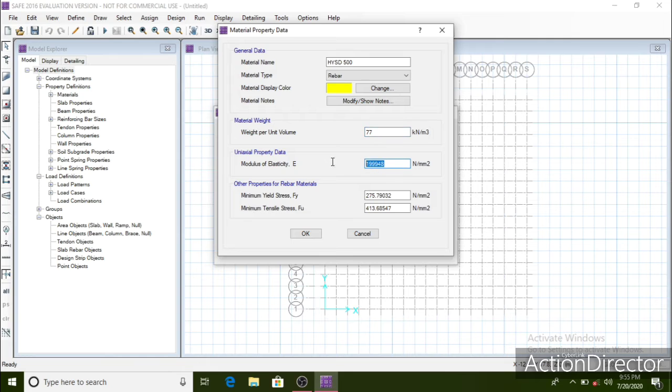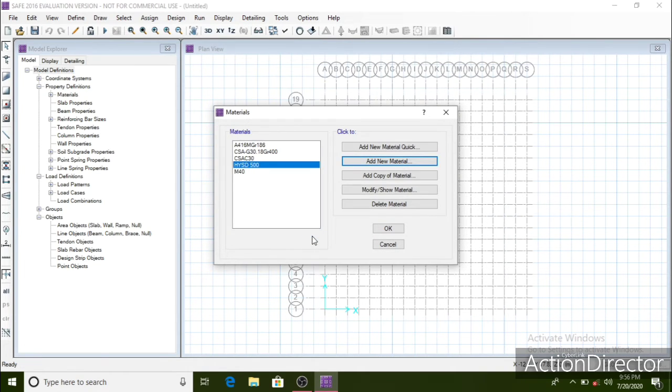The modulus of elasticity will be 2 into 10 to the power of 5 Newton per mm square. Minimum yield stress will be 500 Newton per mm square, whereas minimum tensile stress will be 545 Newton per mm square. These are the typical values for HYSD 500 grade rebar. Click on OK. With this we have defined M40 grade concrete and HYSD 500 grade rebars.